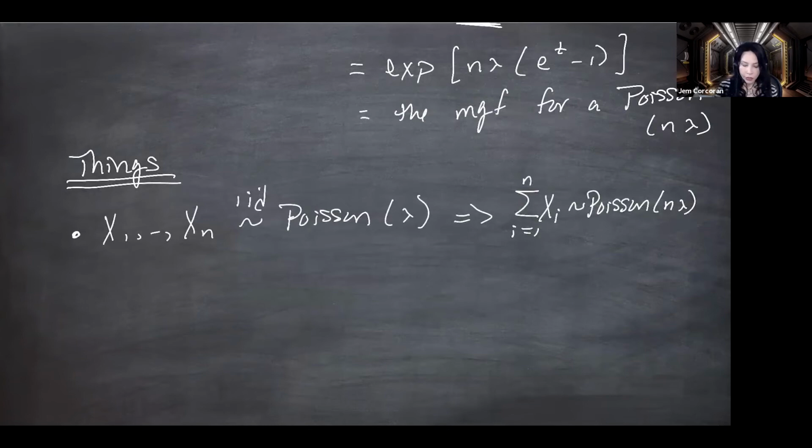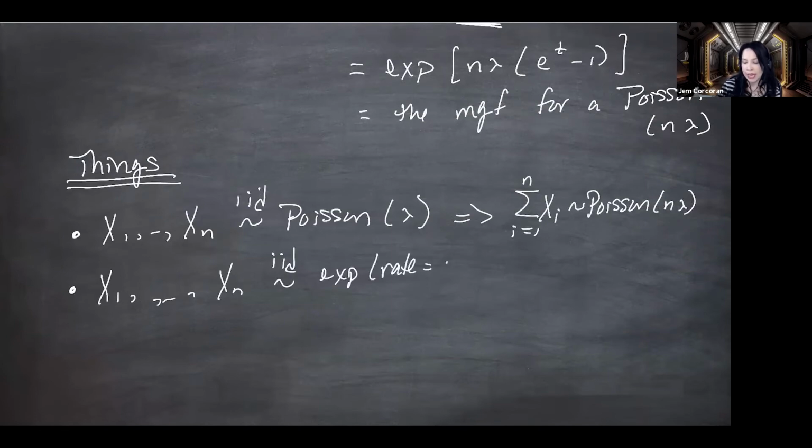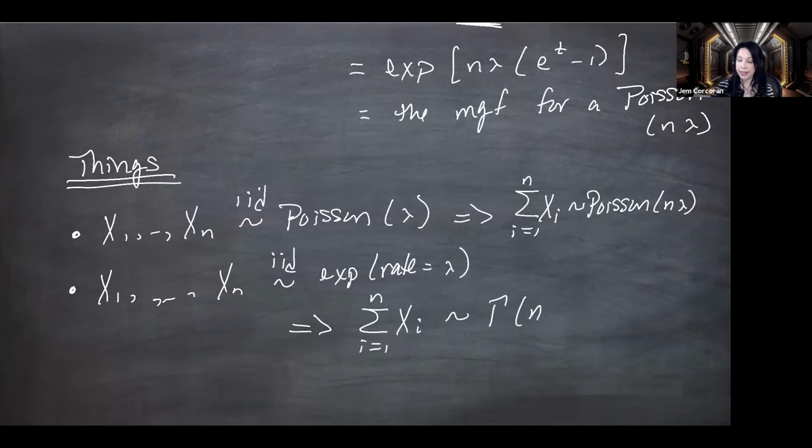Okay, so the two other things that we could show if we had the time, but this is really getting away from Markov, and again, I'll put it in the notes, is that if you have X1 out through Xn, IID exponential with rate lambda, this implies that the sum has a gamma distribution. And the first parameter is the number of things you add together, and the second parameter matches that of the exponential distribution.